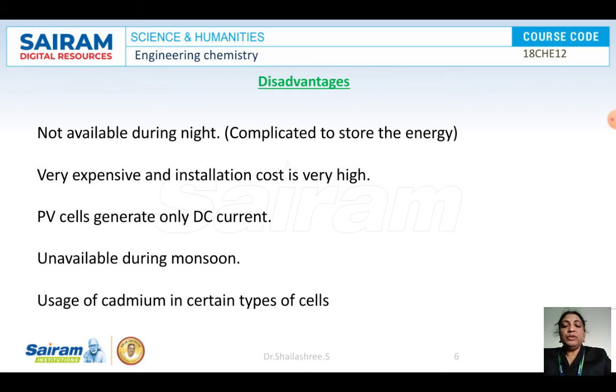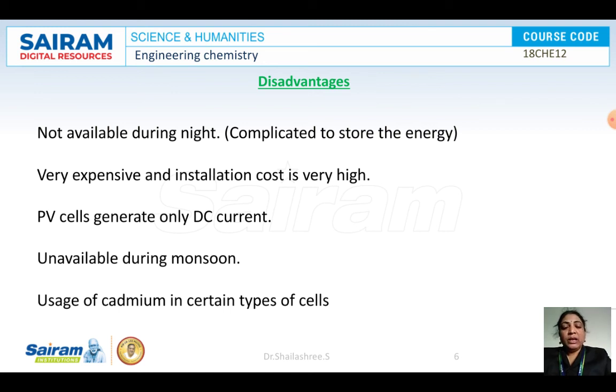When this question is given, you must end by writing some advantages and disadvantages. It is advantageous because it's eco-friendly, or environmentally friendly, and no toxic byproducts are formed. Coming to the disadvantages, you must write any 2 points. It generates only direct current. To convert into the alternate form, suitable devices must be present. And it will be particular to some regions. In sunny regions only we can generate more energy. In hilly or cloudy regions the production will become less.